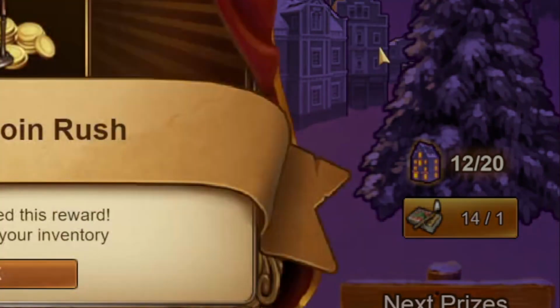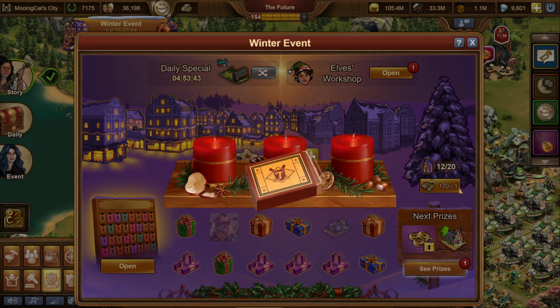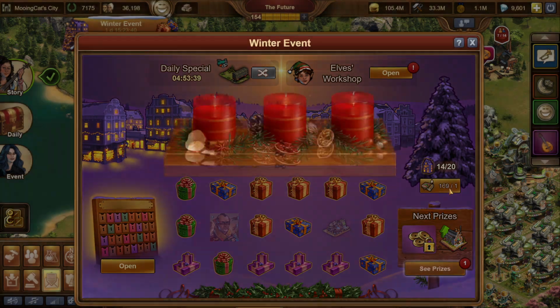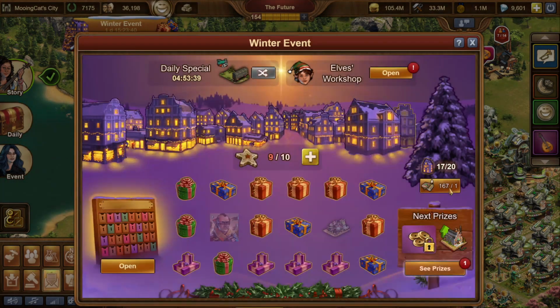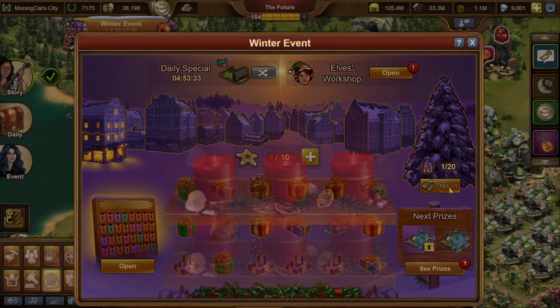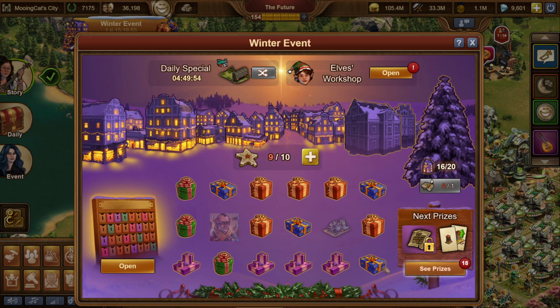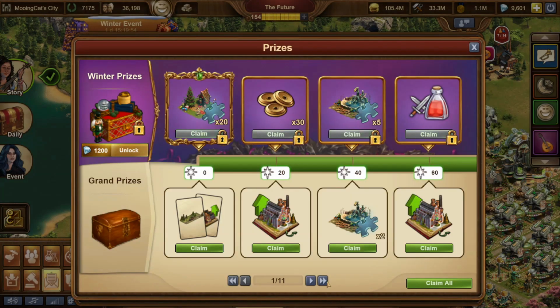For each present you open, you get a matchstick. Like the compasses in the summer event, you use the matches to get progress for the grand prizes. Each match will give you 1, 2 or 3 progress, so on average 2 per match. You need 20 progress for each grand